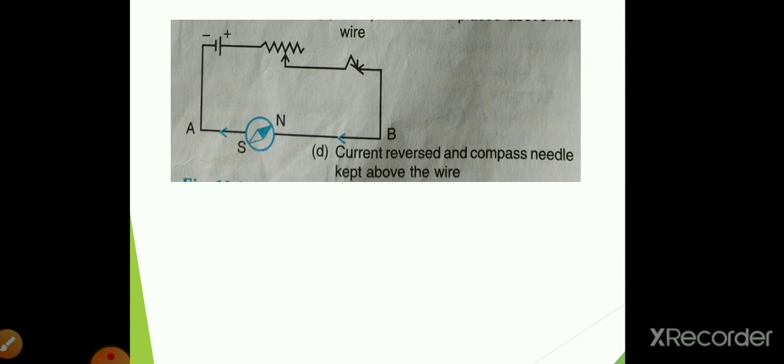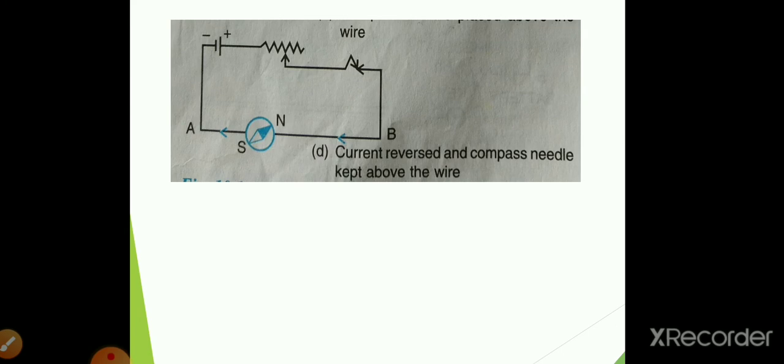So later he explained by the above observation that a current carrying wire produces a magnetic field around it, and the magnetic needle of a compass experiences a magnetic field. So it deflects in the direction of the magnetic field at that point. On increasing the current in the wire, the strength of the magnetic field around it increases, which is shown by increase in the deflection of the compass needle. So magnetic field increases means the deflection will be more.